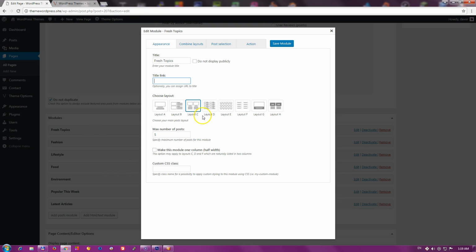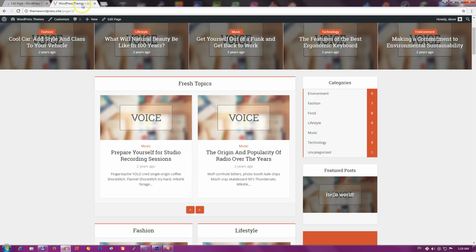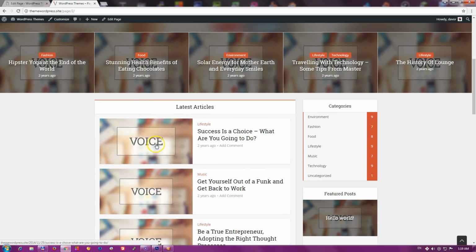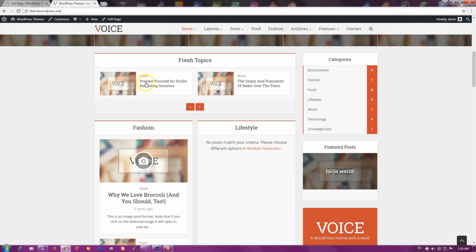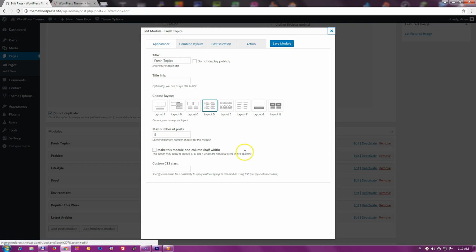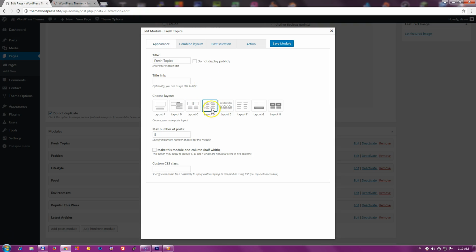So I will show you. If I choose layout D and save the module and update my page, it will look like this. Oh, sorry, it's a different page. It will look like this. As you can see, here is a slider. The slider is defined in the last tab entitled Actions, but we will get to it. So we have chosen to display posts in layout D manner,